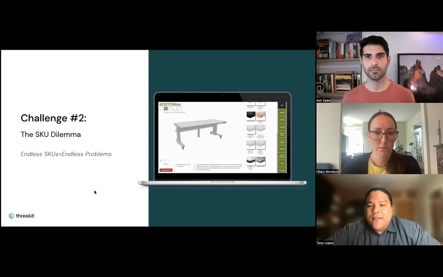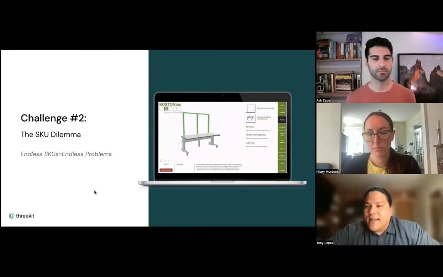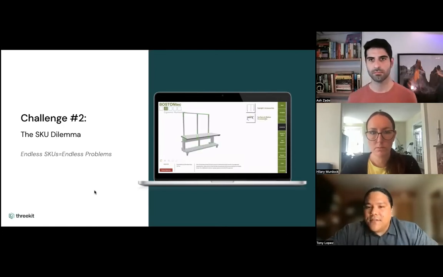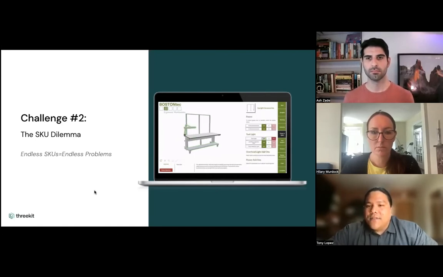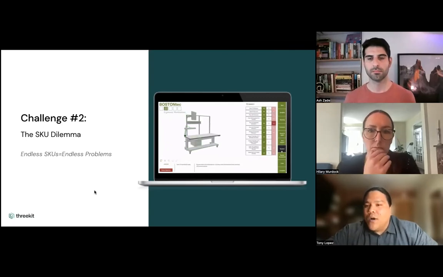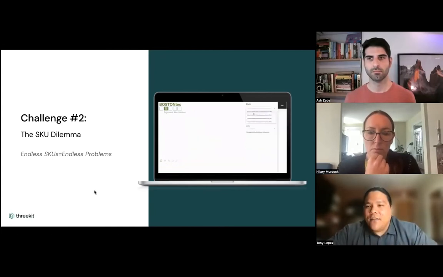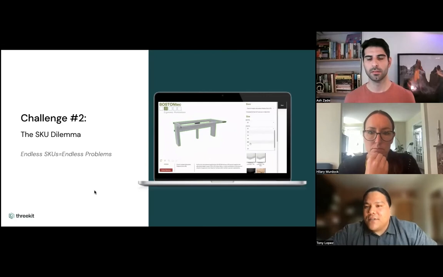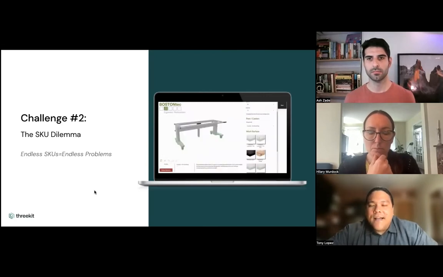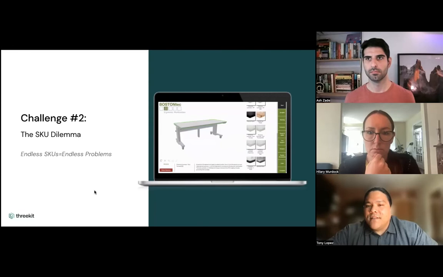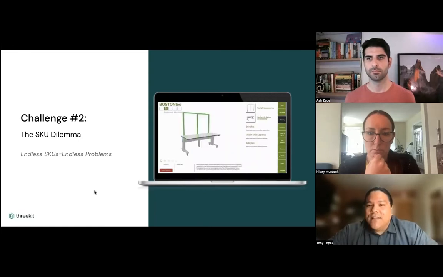Just take very simply the chair that we're all sitting in right now. It can have 10 different arm styles. It can have 10 different headrests. It can have 10 different casters or wheels or gliders. And even that right there, that's already 1,000 different sellable combinations of just the physical chair. But now I add in 1,000 fabrics. I've all of a sudden hit 1 million different combinations of just a single chair. Spread that across an entire catalog of dozens, if not hundreds of actual chairs and products. I've got hundreds of millions, if not billions of permutations. Some of our customers even go into the trillions and even quintillions of permutations.